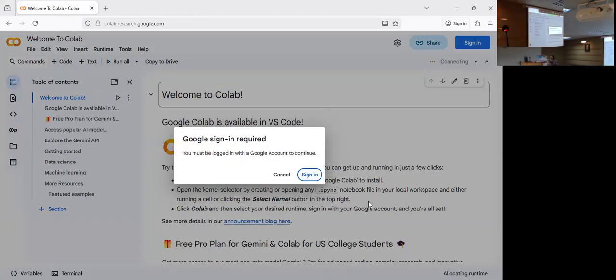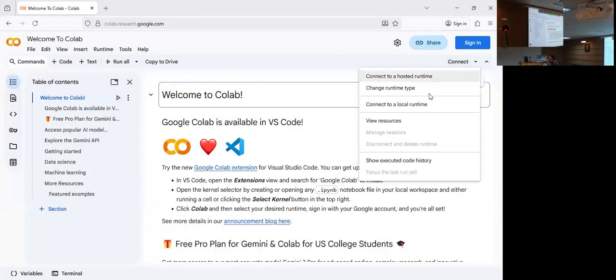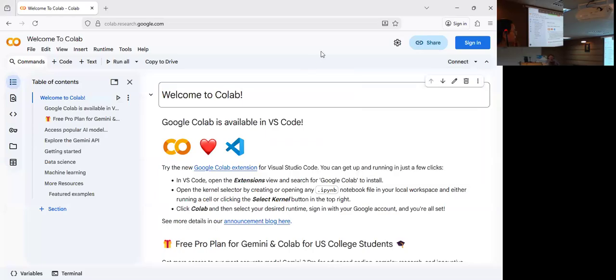This is not signed in right here, but it should say that you are connected, and it gives you the connection on Google. So it will save your files for up to 8 hours only. If you keep your laptop open and running for up to 8 hours, you can run it in a single go. But if you close your laptop and run it the next day, you have to run it from cell one. Okay, understand?